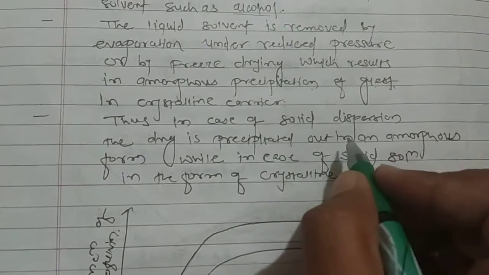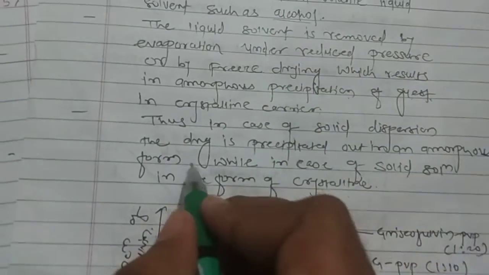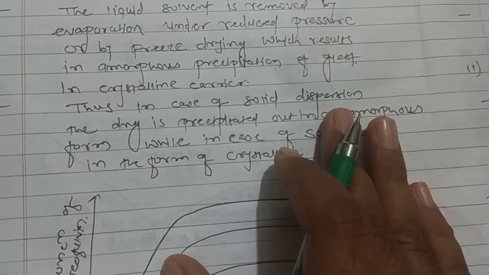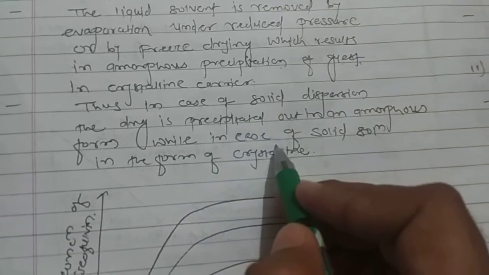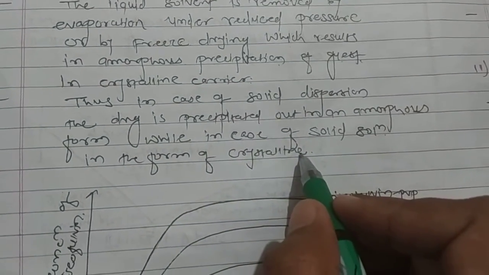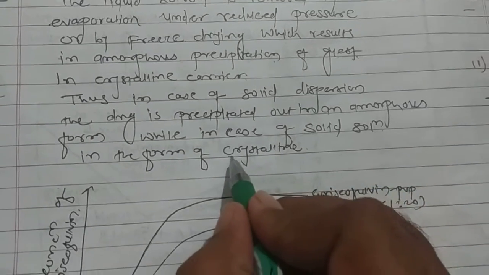Thus, in case of solid dispersion, the drug is precipitated out in an amorphous form. ड्रग जो होता है वो अमॉर्फस फॉर्म में बन जाता है. While in case of solid solution method, the drug is precipitated out in the form of crystalline. Okay, so by this graph we can say that